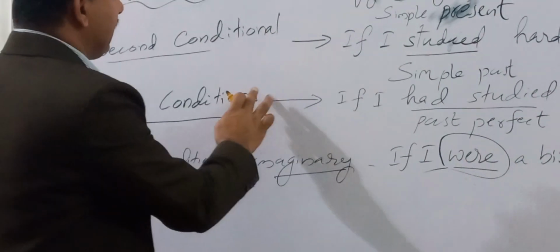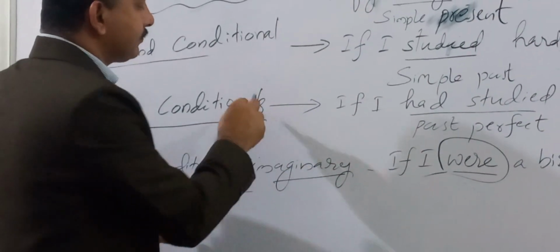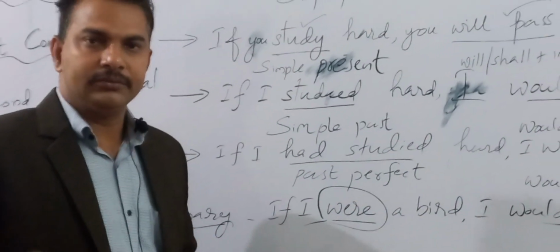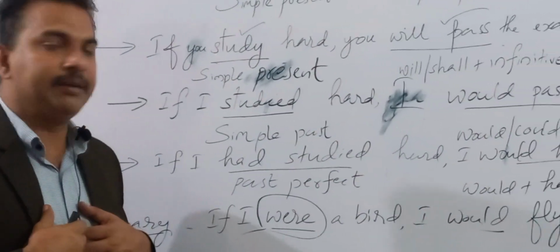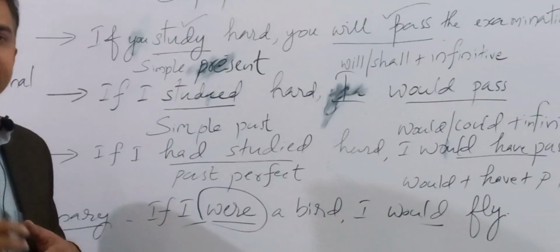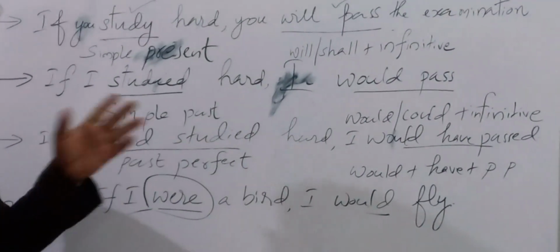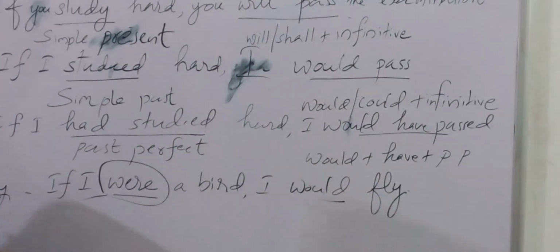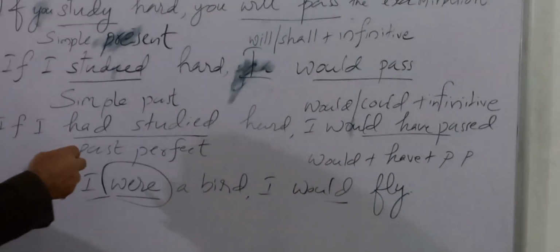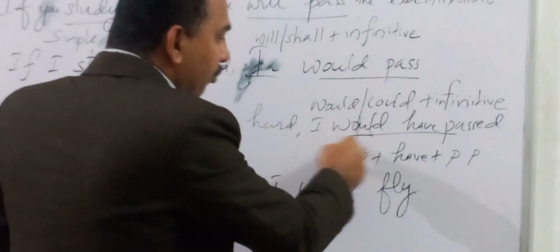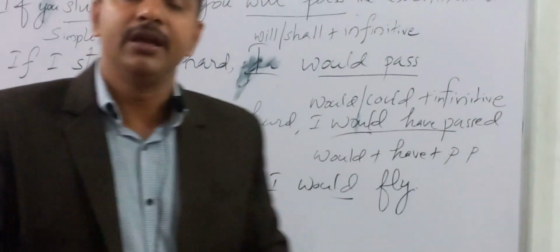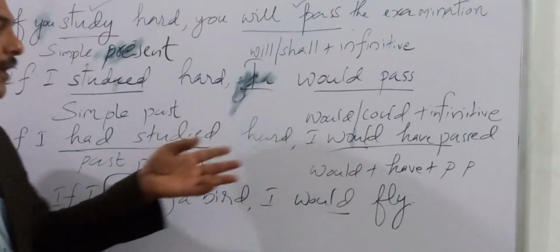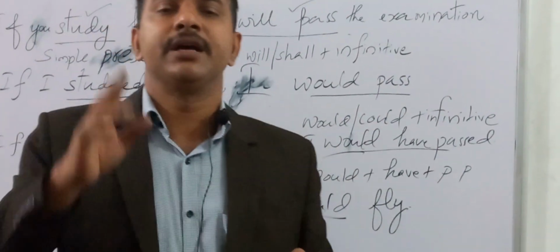Third conditionals are again rejected conditions, already done. Now you feel remorse, you feel regret that you did not study. If I had studied, I would have passed. Meaning, you are feeling regret, you have a guilty feeling that you haven't studied, and now you feel that if I had studied, I would have passed. So in the if clause it is past perfect, and in the main clause it is would plus have plus